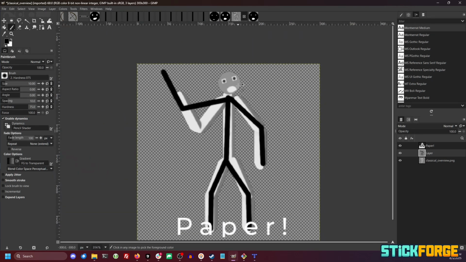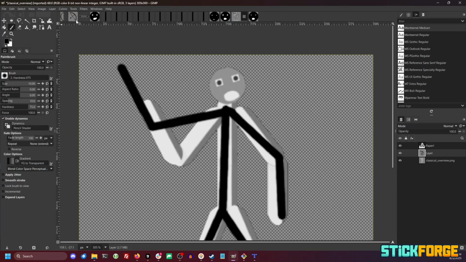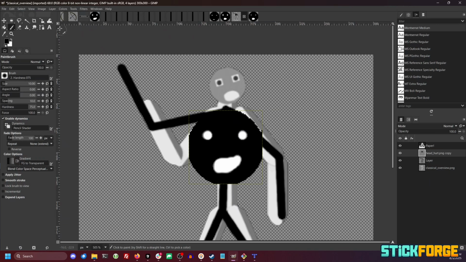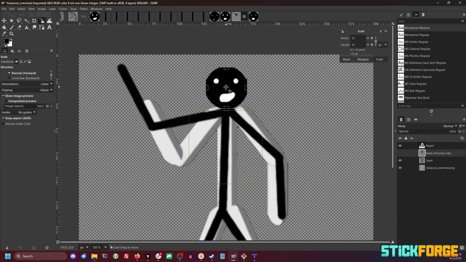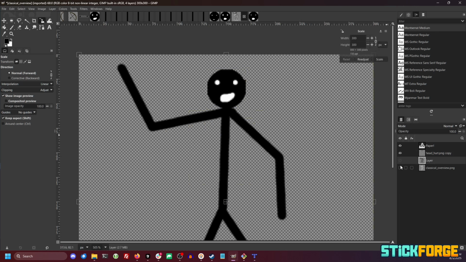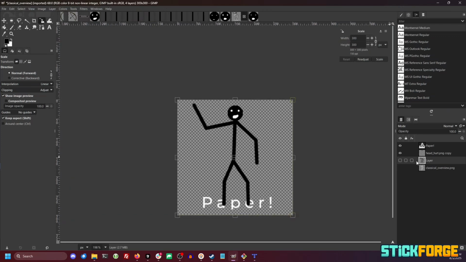And I'm going to put this head like this, changing the scale too, but it's really up to you. You can draw whatever you want. Here you go. Ta-da! So we have our new character,